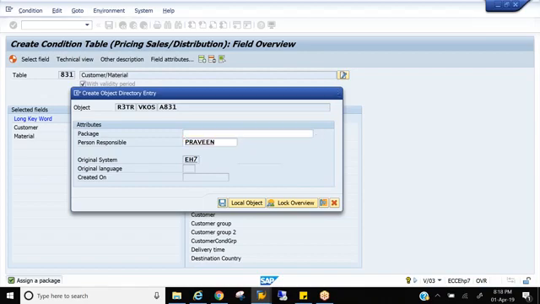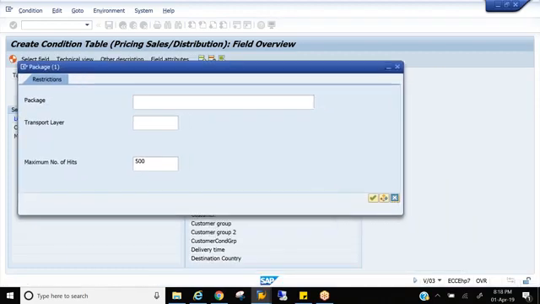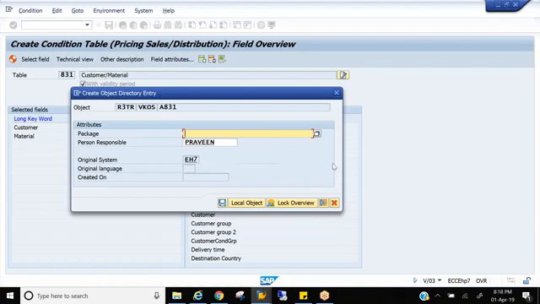Packages will be provided by your basis consultant. As per his content, he will tell you, okay, save in this package, so it will allow me to transfer from one server to another. You have two options: one is a package and one is a local object. Let's say at this moment I don't have any requirement of transport, so I saved in a local object, but later I got a requirement to transport it. Then how to do it? Even though you save some configuration in a local object, later you can move it to a package and save it, so that there will be a TR number generated. Pass the TR number to basis, and he will be able to transfer it, right? So this is how you need to save this condition table and everything.